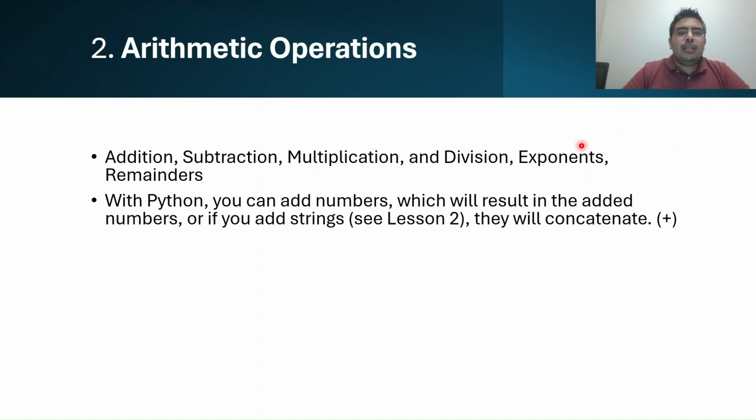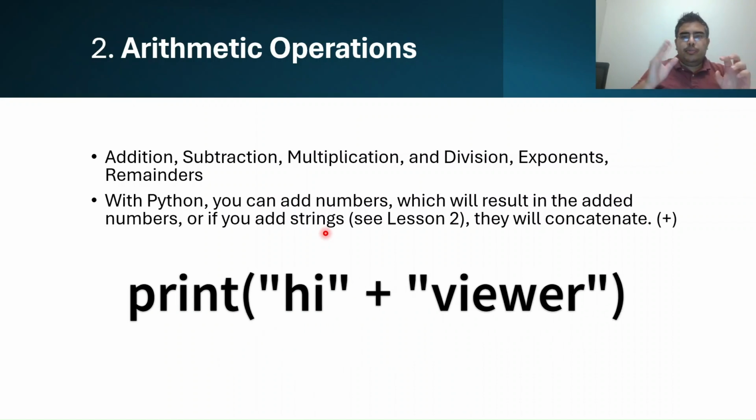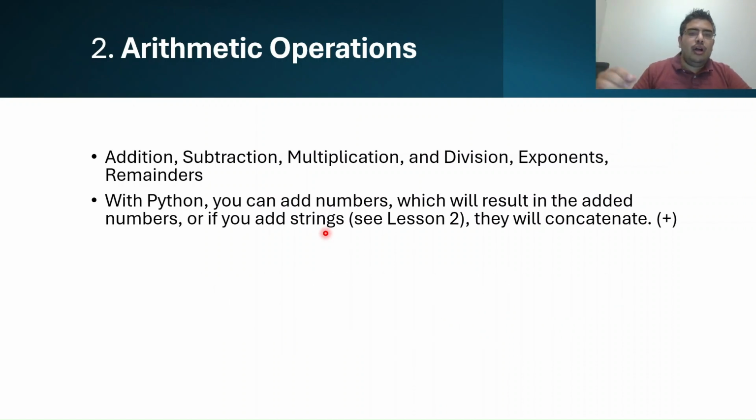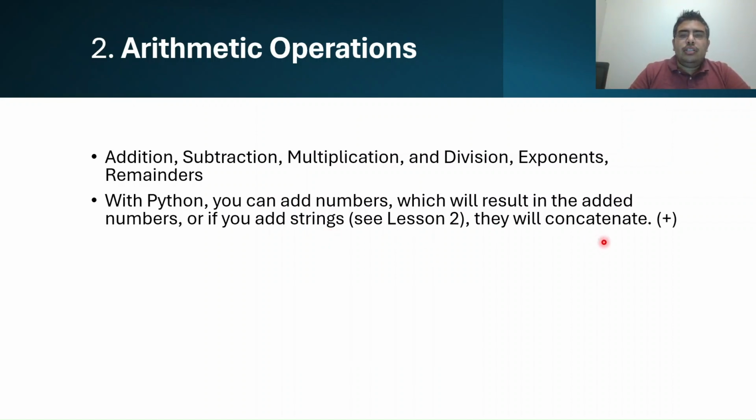With Python, you can add numbers, which results in summed numbers, or you can add strings. So remember, in the previous lesson, again, I'm referencing the previous lesson, I introduced that you can concatenate strings by putting a plus in between them. So like you would type in "hi" in quotation marks, and then you would put a plus, then you would put "viewer" in quotation marks, and then it would print out hi viewer. So that's what concatenation is. If you don't know what it is, go back to lesson 2. So I introduced that